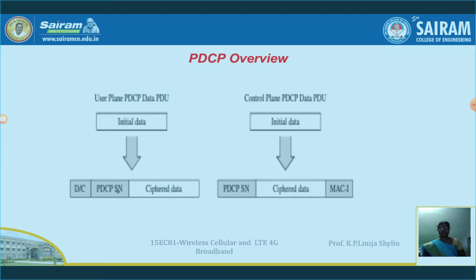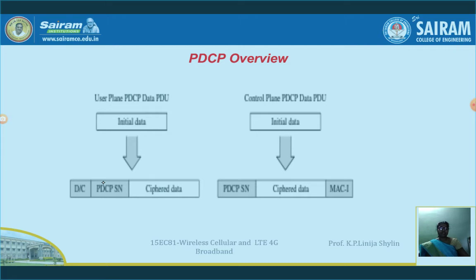Okay, so it will provide some robustness against this packet loss. And this PDCP SN will guarantee the sequential delivery at the receiver. So it's very important. The sequential delivery of the packets is very important, and this PDCP SN will guarantee that. Also, PDCP with long SN, sequence number, is used for two modes: unacknowledged mode, abbreviated as UM, and acknowledged mode, abbreviated as AM.